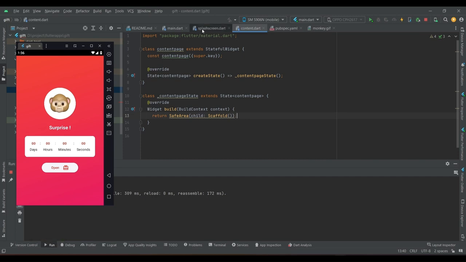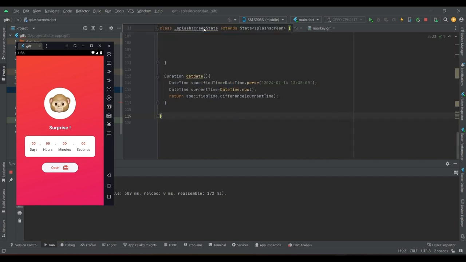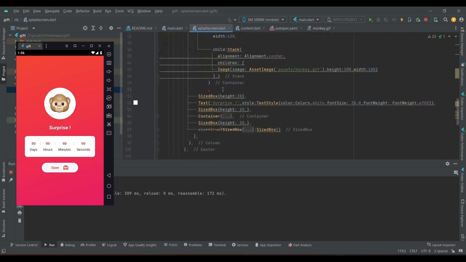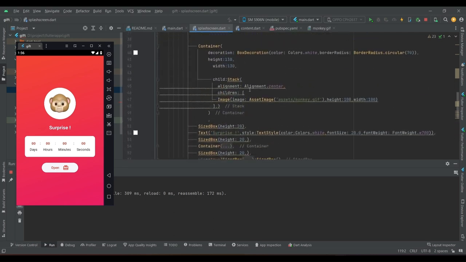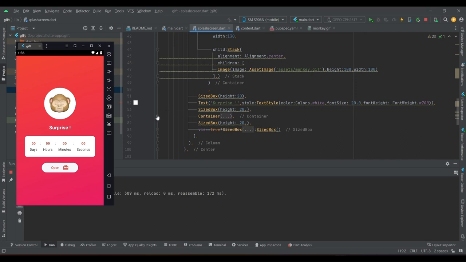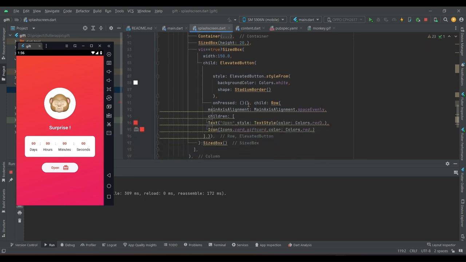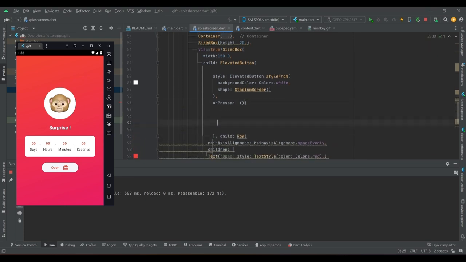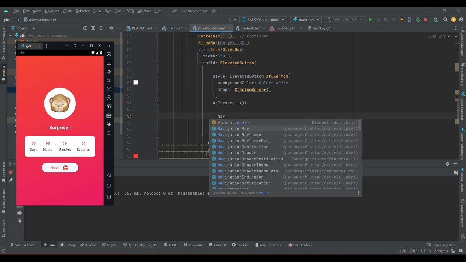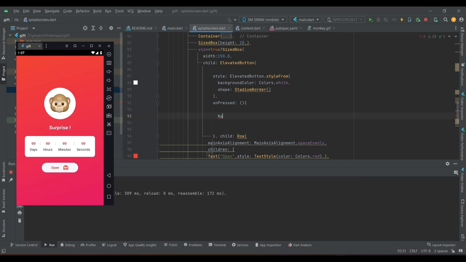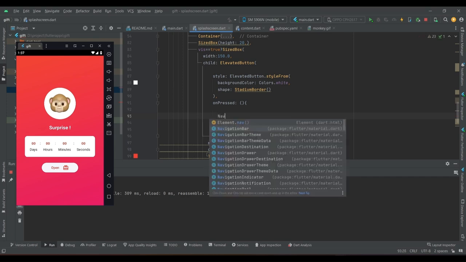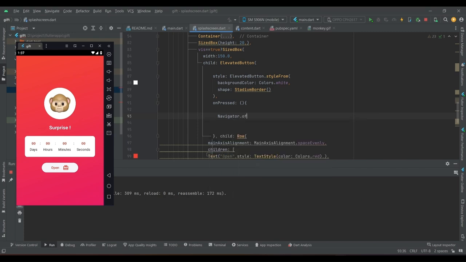Okay, now let's navigate from this splash screen to here. So it must be here. On pressed, just use Navigator dot of context dot push